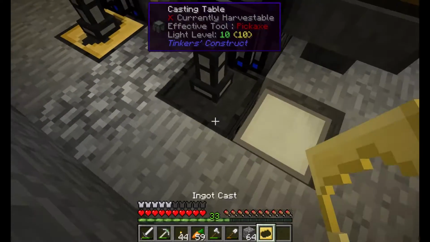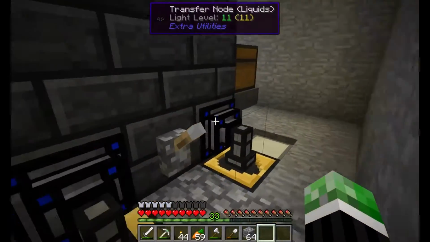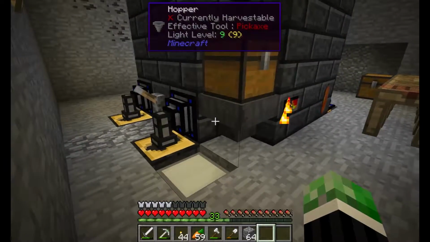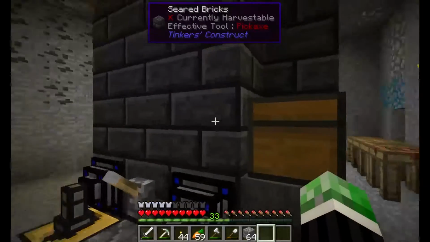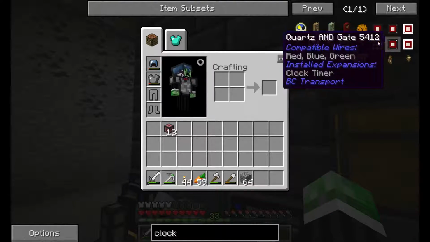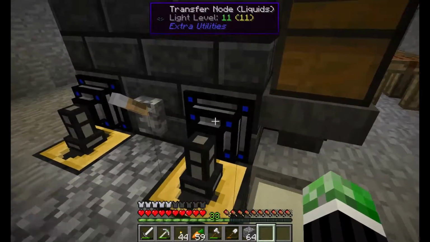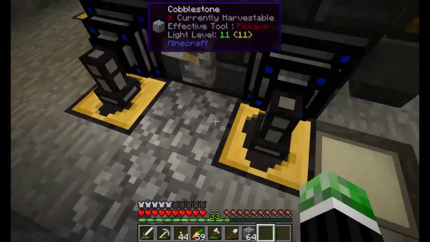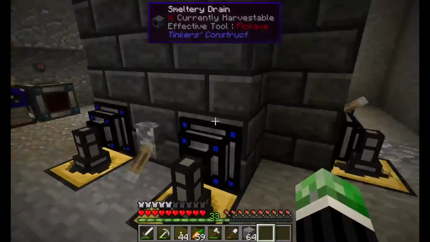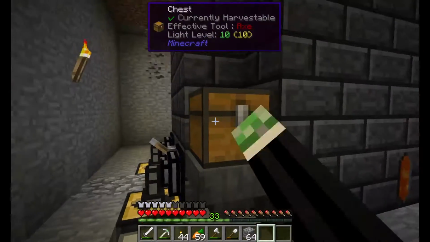There's actually an easy way to automate this if you don't want to go the route of using transfer nodes, or you haven't found lapis or anything, or have that much redstone. Literally just use a hopper and a redstone clock from Extra Utilities. Pretty easy. It's literally a bit of redstone and some smooth stone. Put it over your faucet, put a hopper underneath, and then feed it back into a chest. And you can just feed hoppers along. I like it this way. It looks a bit cooler. It looks more technical. And I just did air quotes with my hands then, because I know you guys can't